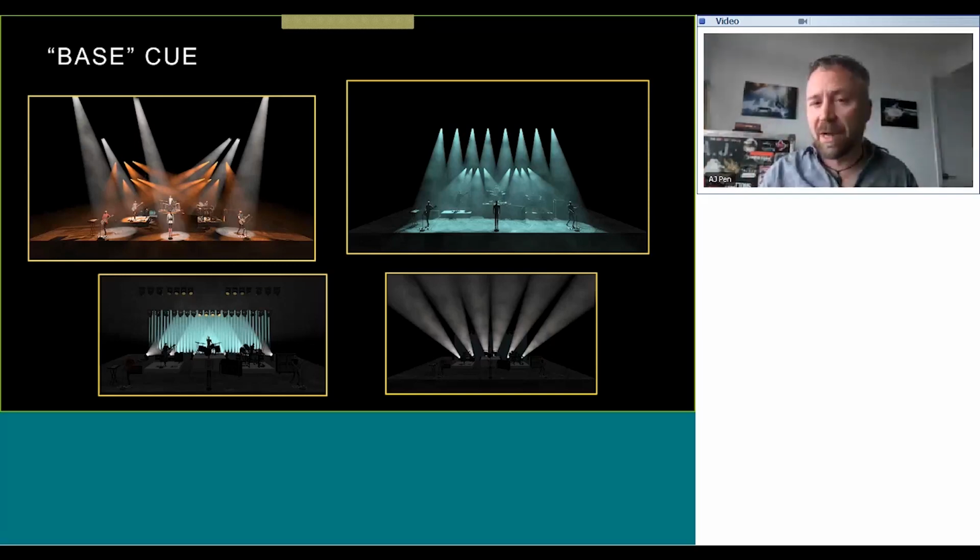Maybe they're no color, maybe you put some of them in blue. This way, you bring up those lights and they're doing their primary function. And it allows you to instantly see, like in that base cue, you would have open shutter programmed, for instance. And that way, as soon as you run that base cue, you'll know if that open shutter cue has them blinking and you got to update a strobe channel for one of your fixtures.